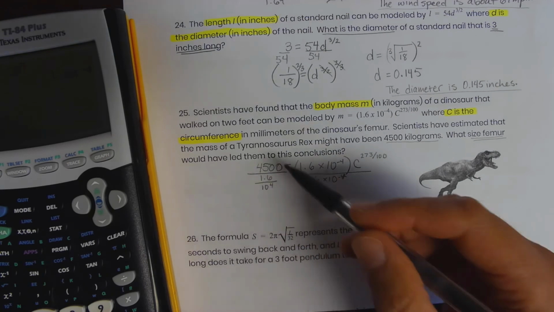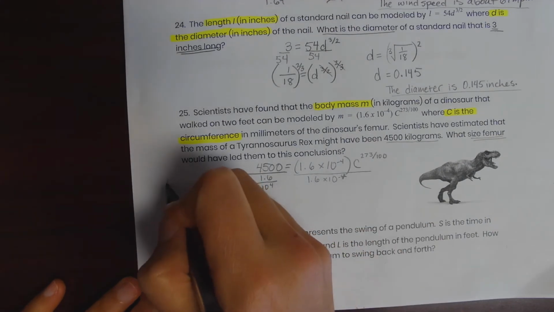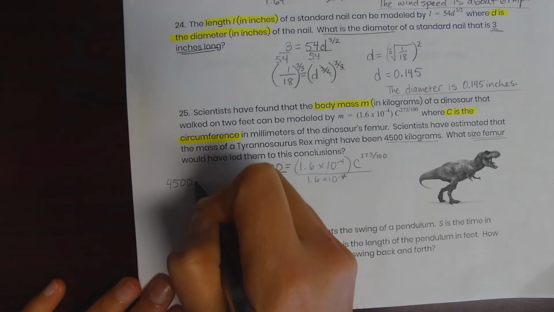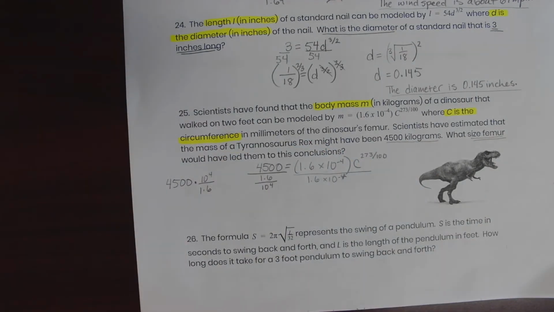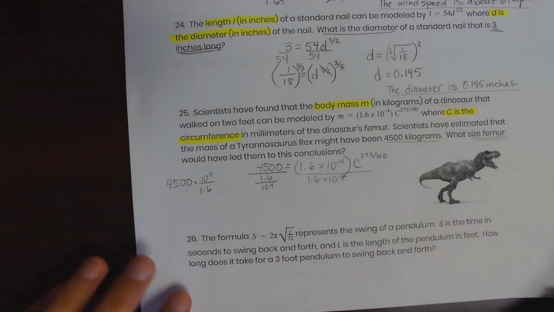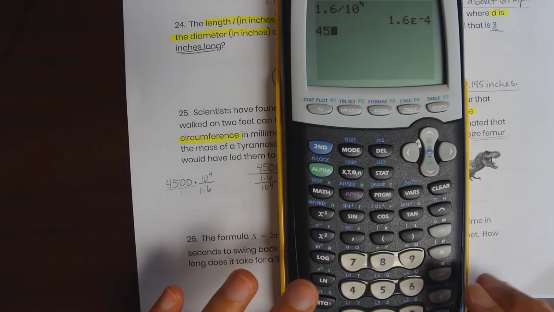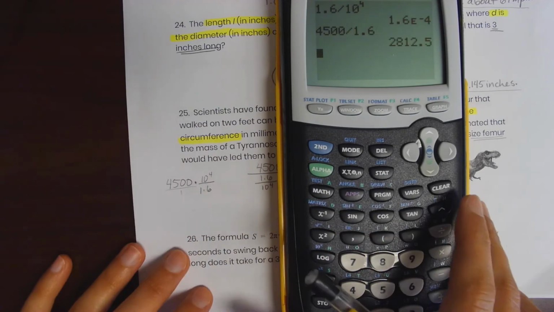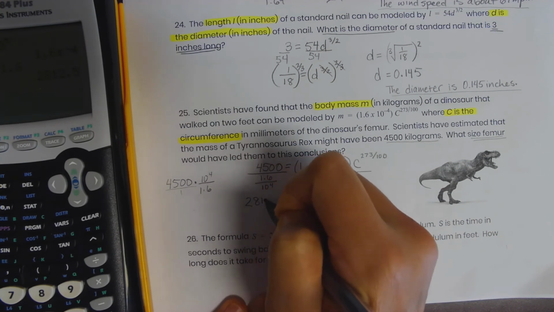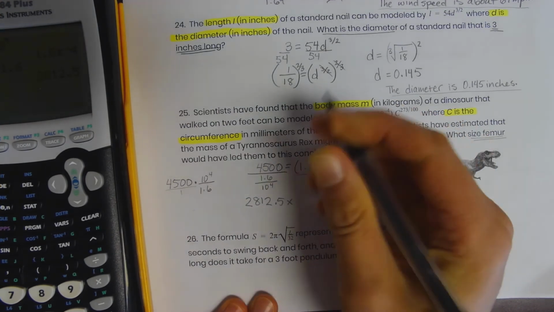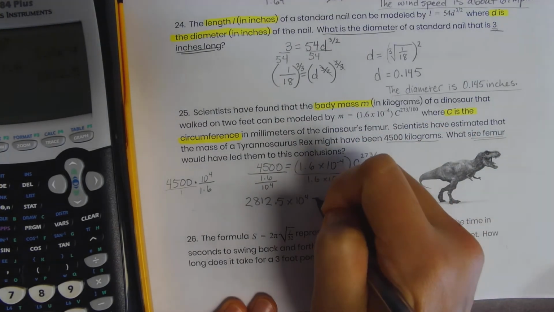So what I'm going to do is keep it like this. Remember, when you divide by a fraction, you multiply by the reciprocal. So I'm going to divide 4,500 by 1.6. 4,500 divided by 1.6 is 2,812.5 times, and then this will be 10 to the 4th, equals